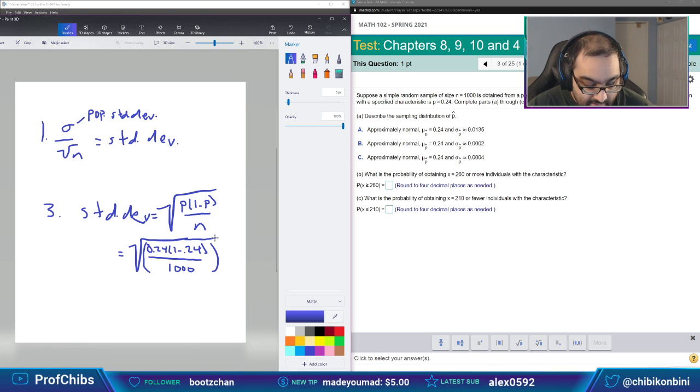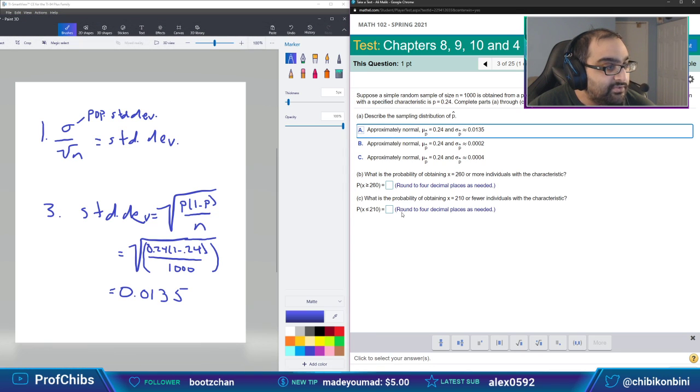So let me figure out what this is here. Make sure you can replicate this same thing here, by the way, Megan and Cool Dad. So I get 0.0135 when I take the square root. So I should have this first one right here. If you enter this into the calculator correctly, you should get 0.0135.